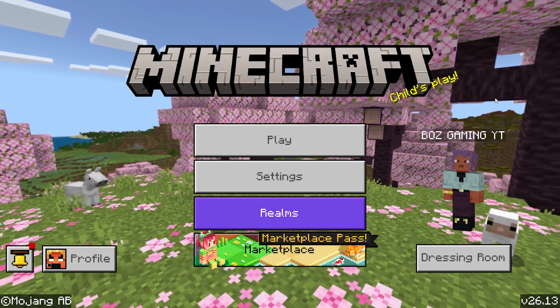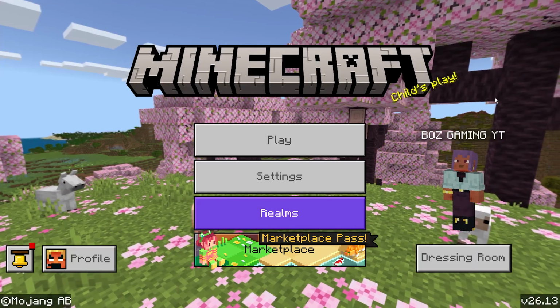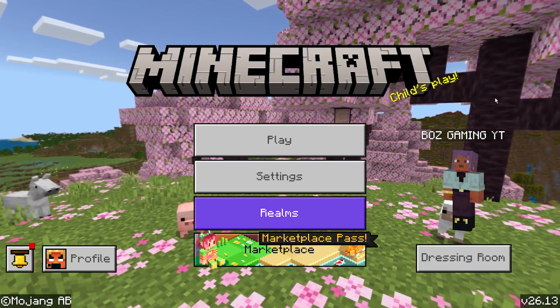In this guide, I'm going to show you how you can download and install Actions and Stuff 1.10 on Minecraft